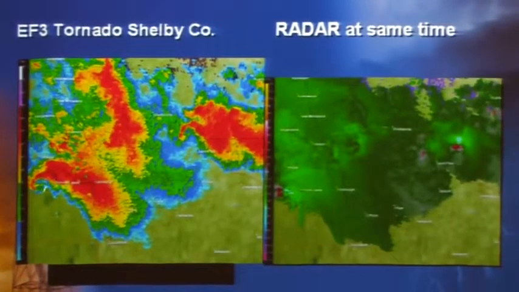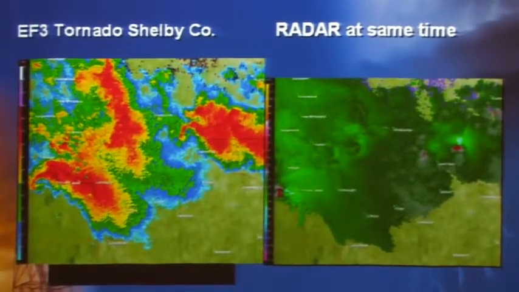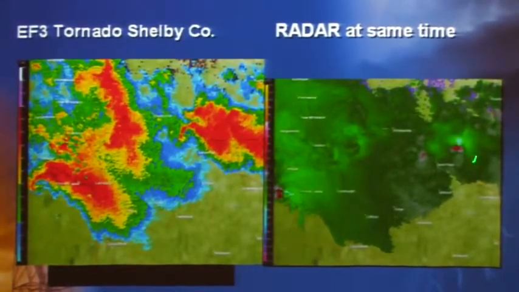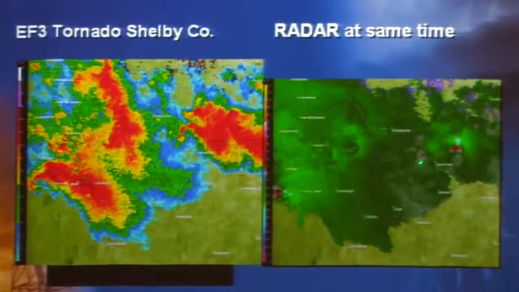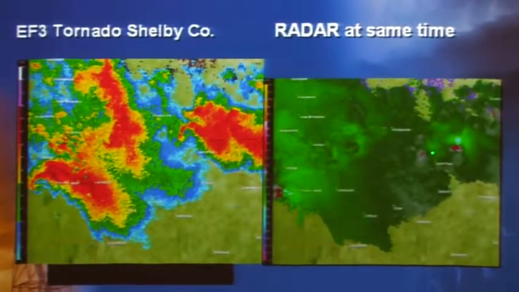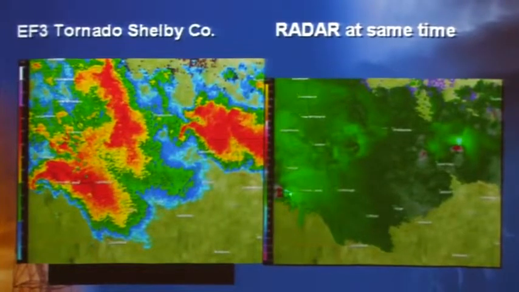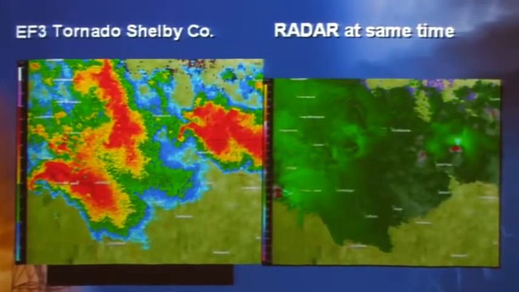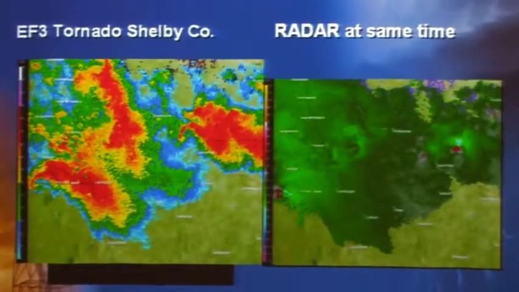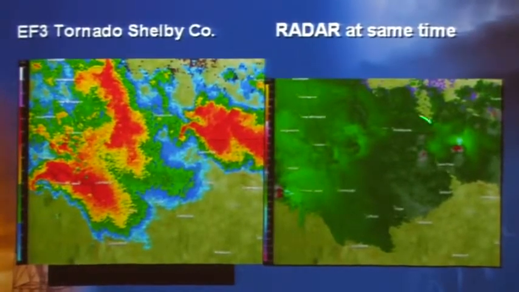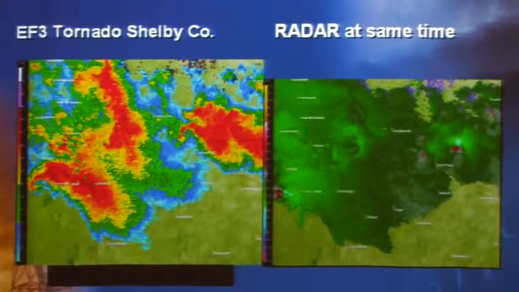One over in this storm over here. Over to the right-hand side, you see where you have this red splotch in this sea of green. And the same thing here, this tiny little red splotch matched up with this brighter shade of green there. And over here, this red splotch here matching up with actually those light blues. Remember, green is inbound, red is outbound. Our radar is located up to the top of this image here, so green inbound, flowing that way, red outbound